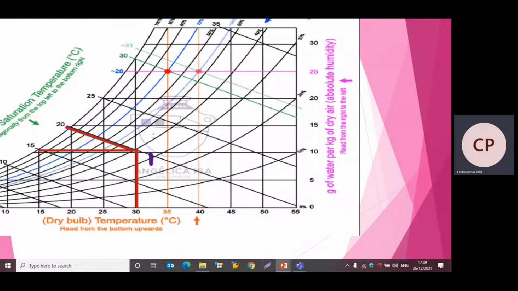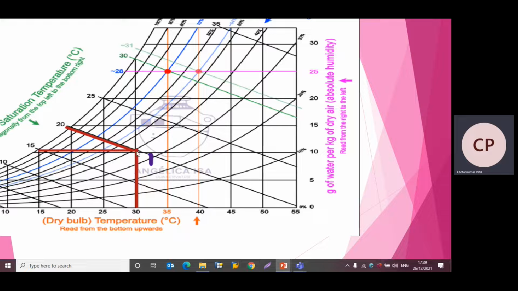Now we have to plot the point 2. So how to plot the point 2? The condition is that the recirculated spray water is used. So we can say that the wet bulb temperature of the initial condition of air is equal to that of the air leaving the air washer. So first we have to note down the wet bulb temperature at this point 1. How to select that? If we observe here, the different temperatures are given along this saturation line: 15 degree, 20 degree, 25 degree.